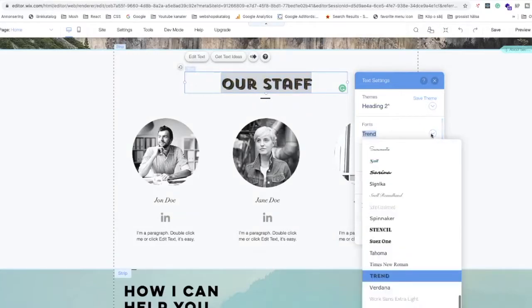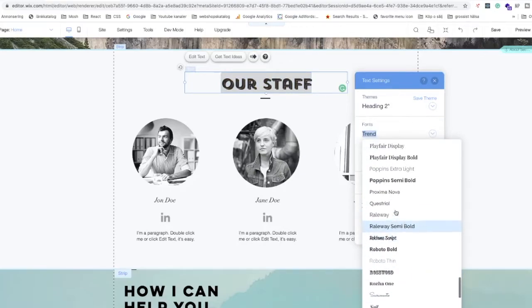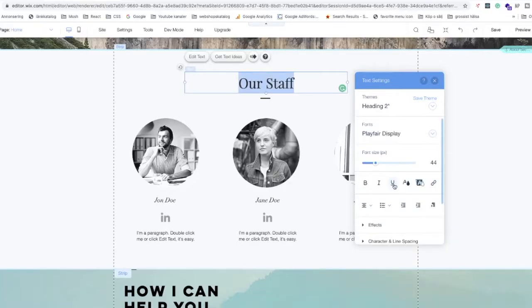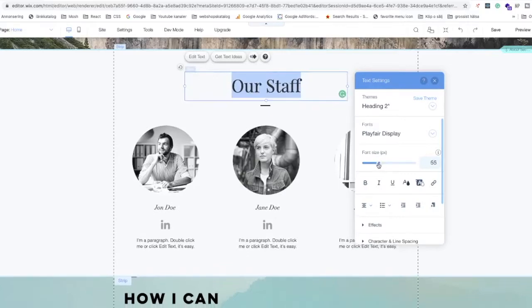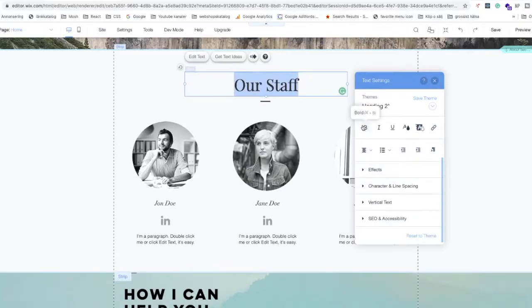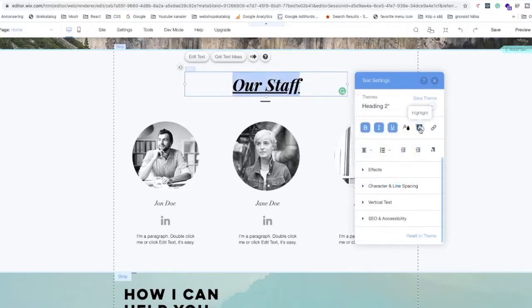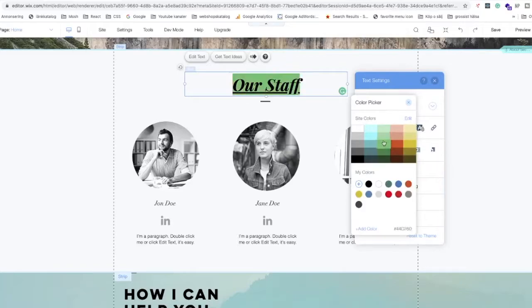So now you can choose the best font for your website. So I'm gonna change this to maybe this one, Playfair Display. So just play around until you find the perfect font. Then we have font size, if you want to change the size. And we have bold, italic, underline. You can change the color. So I'm gonna choose black. And we can also add highlight. So this will create a background. So I'm gonna choose